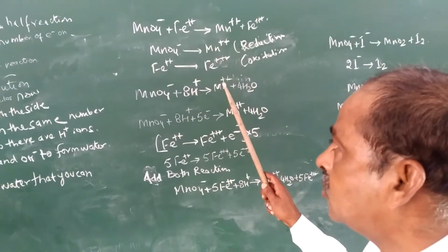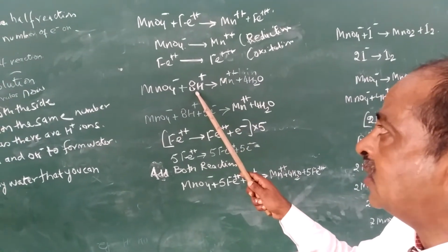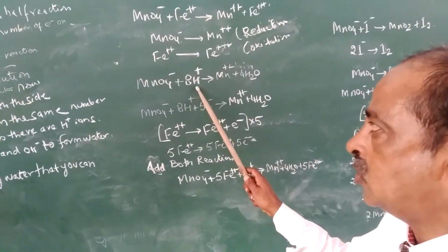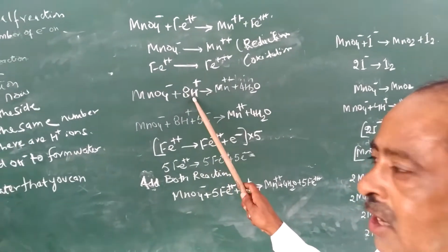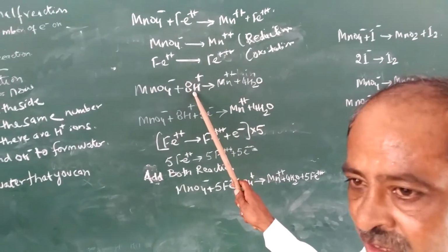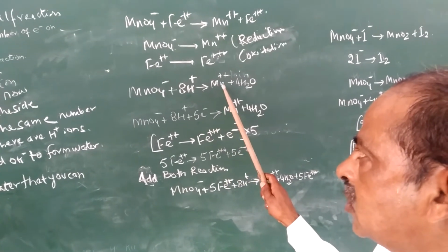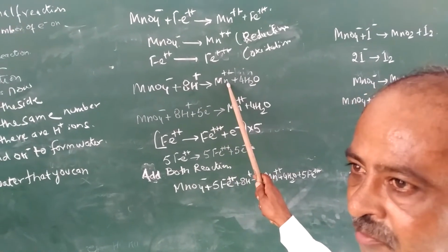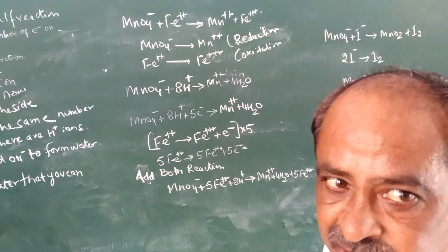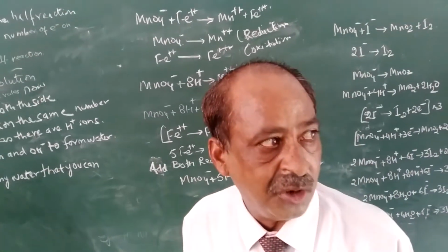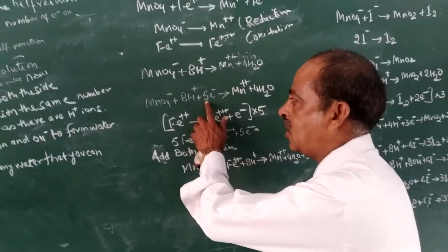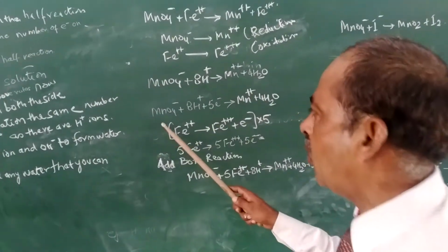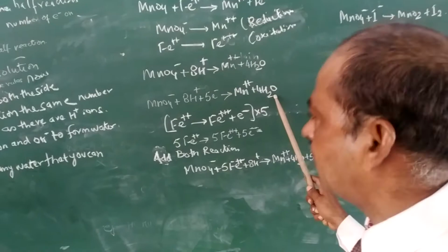Now same charges, here we have 8 positive charge, out of 8 positive charge, 1 negative charge neutralizes, how many positive charge left here? 7. Out of 7 positive charge, 2 positive charge will neutralize from right hand side. So how many positive charge left? 5 positive charge. For each positive charge we add 1 electron, since there are 5 positive charge here, we add 5 electrons. So overall neutral reaction comes out to be this.